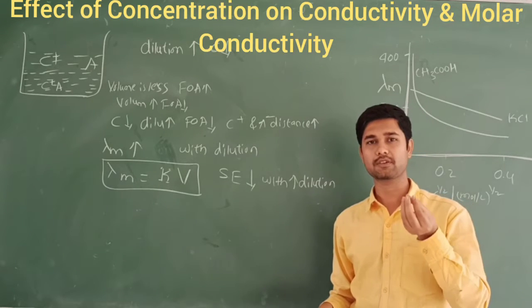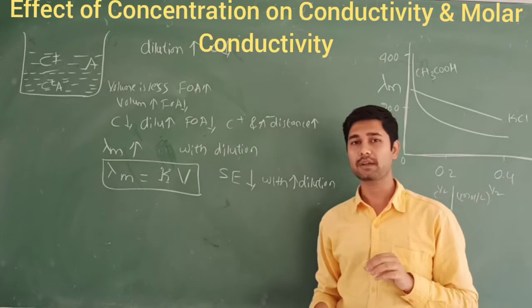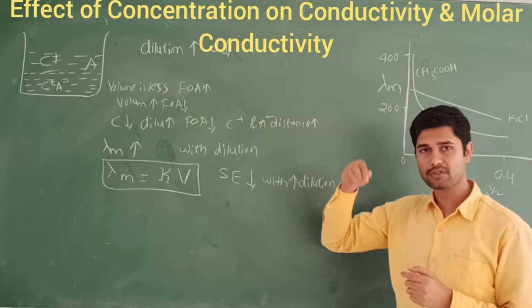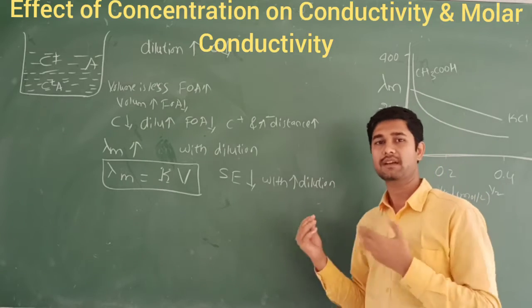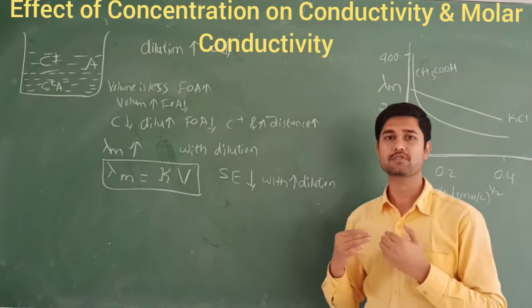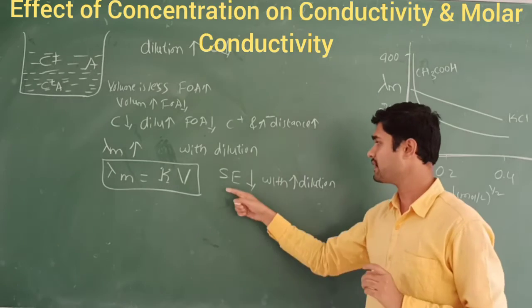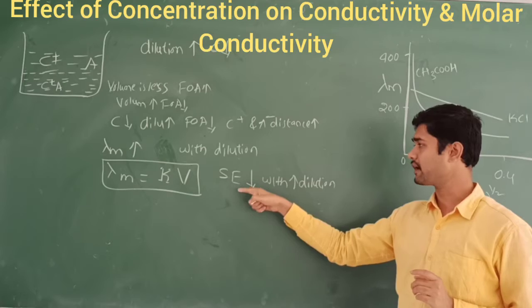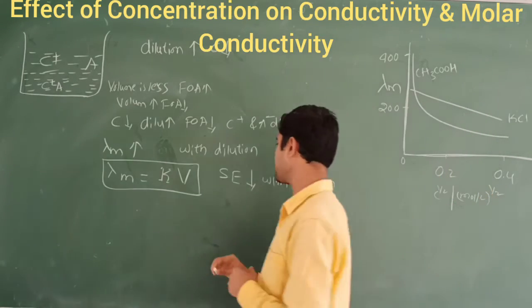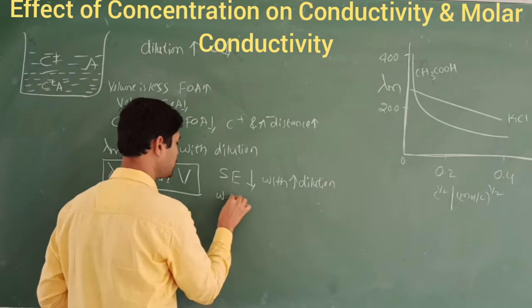When you dissolve the electrolyte in water, complete dissociation takes place, and if further dilution takes place, this dilution doesn't affect the strong electrolyte, because they are already completely dissociated. So that's why the conductivity of the strong electrolyte decreases with further increase in the dilution. But what about the weak electrolyte? What happens in the weak electrolyte?